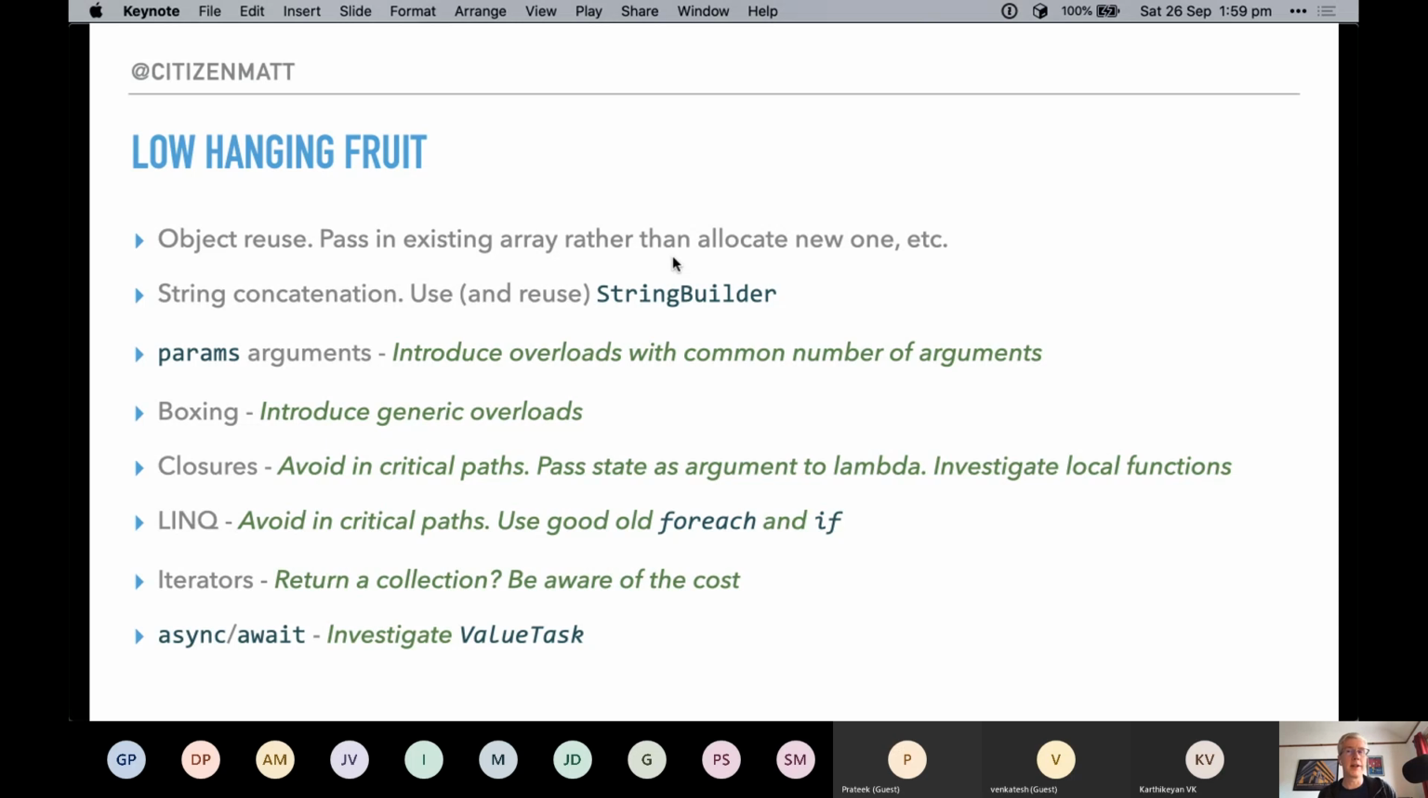Iterators is an interesting one because there's no really good advice on how to avoid that. Perhaps you should return a collection, but then if you allocate a collection, you're still allocating, and you also lose the benefits of having a lazy evaluation of the sequence. Do you want to return a large collection, but only use some of it? Or do you want lazy evaluation so you can stop evaluating when you're done? So there's no real straightforward advice on how to avoid iterators,